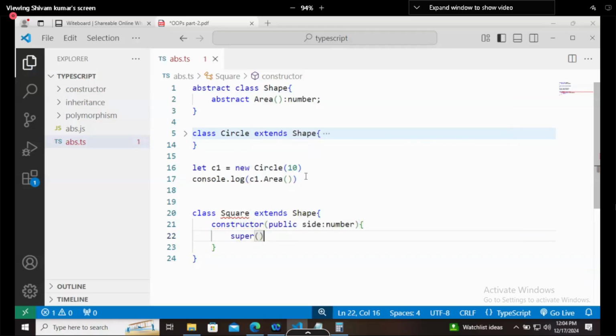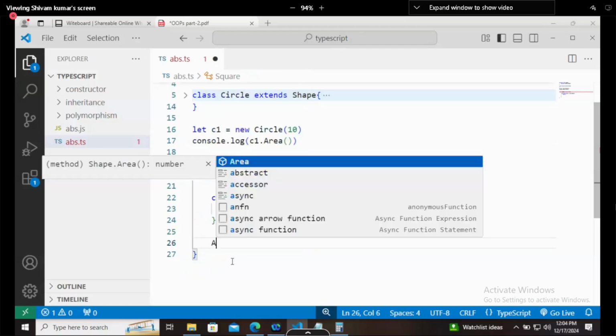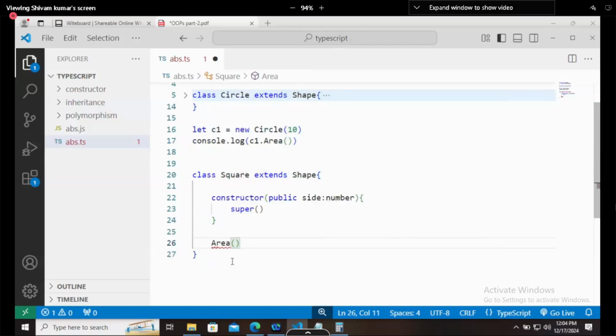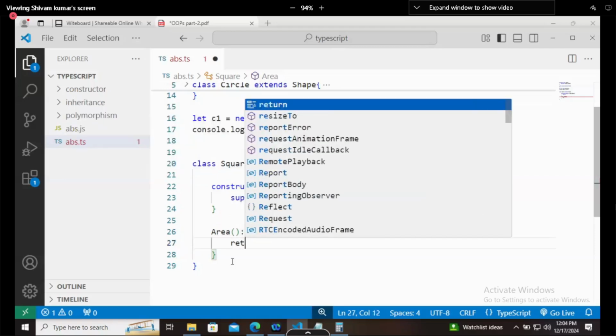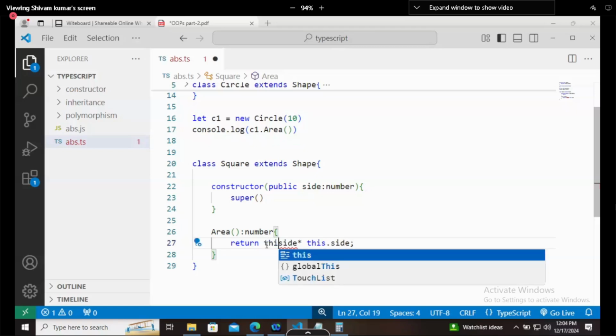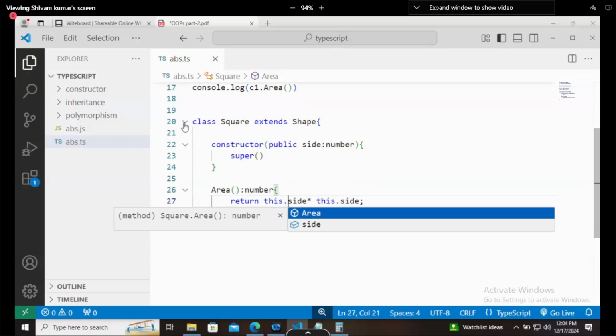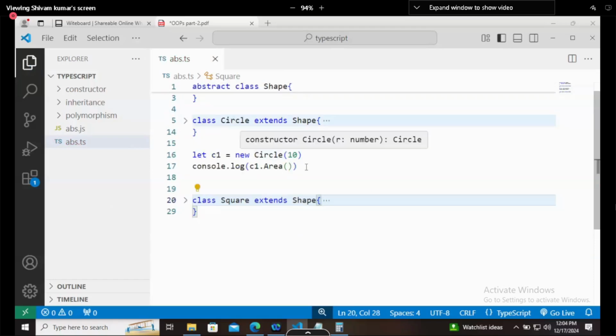Super means giving reference for the base class. After that, let's write the area function here also. So the area function is written here, and technically this area will be a number. After that you can return what you need to return. What is side multiplied by side? So technically it will be this.side * this.side for the class of Square. Let's try to do it.